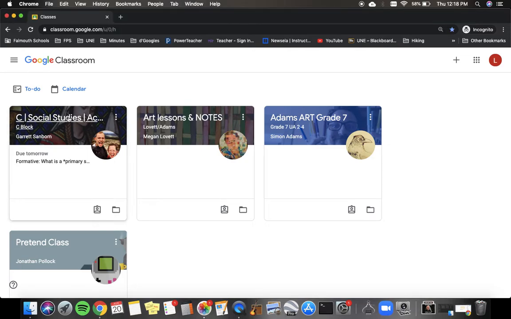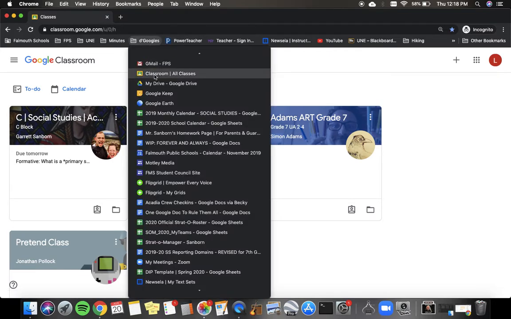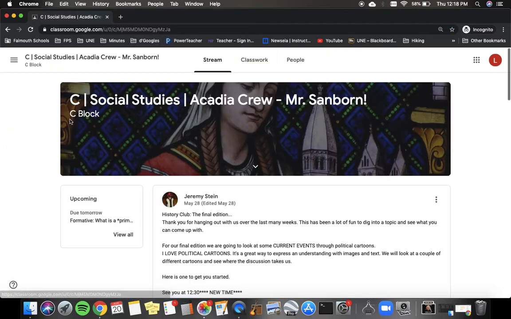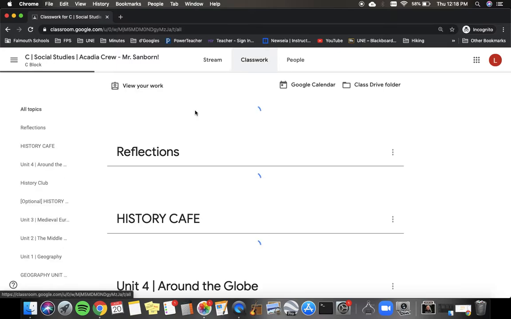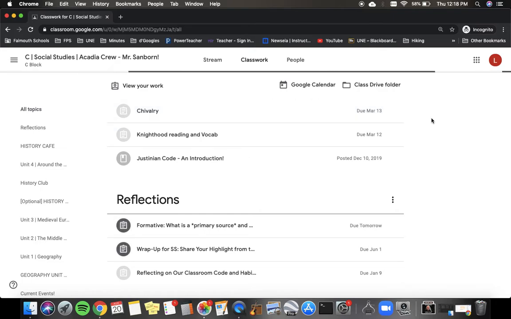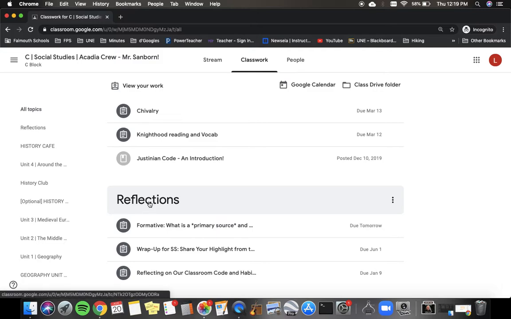So we're going to start by going to a specific class from our maybe bookmarked Classroom homepage. And then on here, last year, you might have been using the stream. You might have been using the upcoming box to access your classwork. This year, please, please, please, let's use the Classwork tab as your first and best place to go for an assignment. So if you have work that's posted in the morning and you're getting on here nice and bright and early to check out what's going on, maybe one place you might see an assignment is under a specific unit